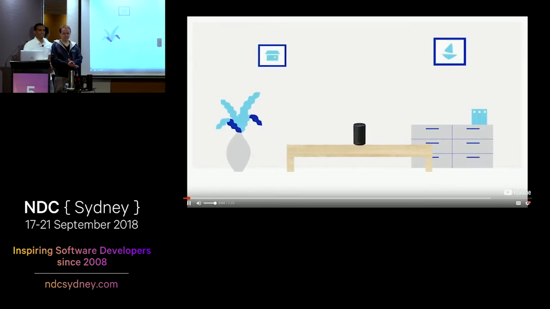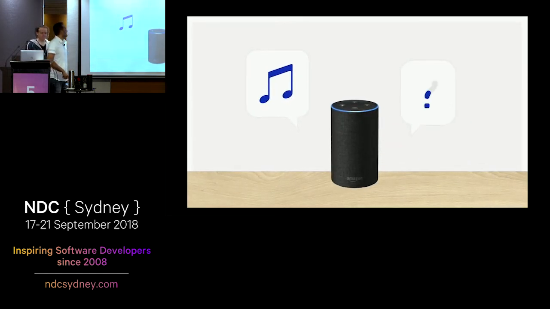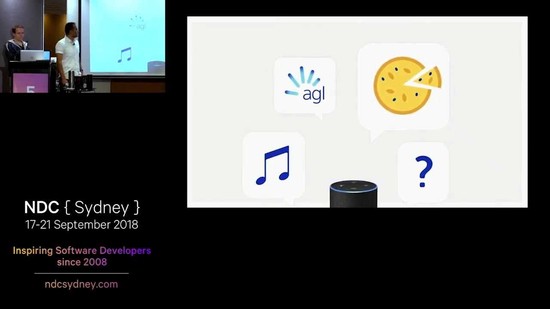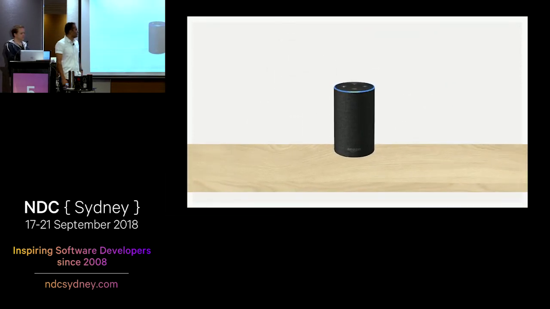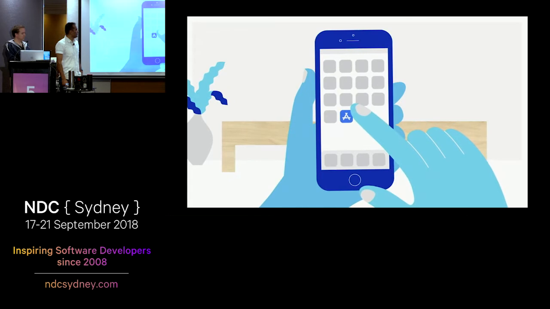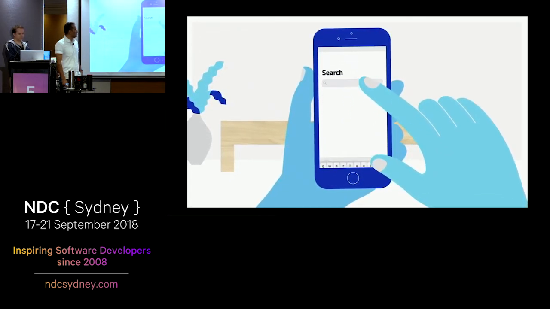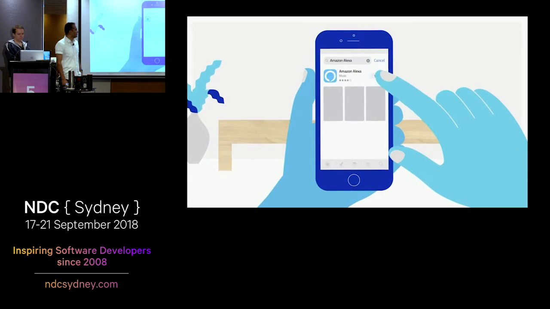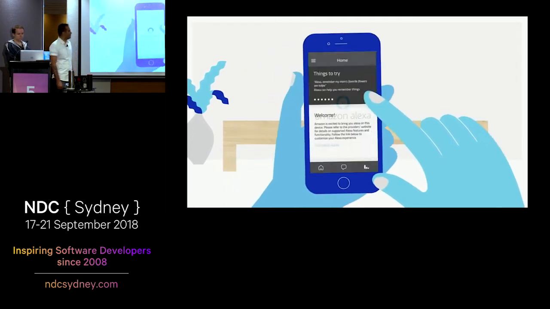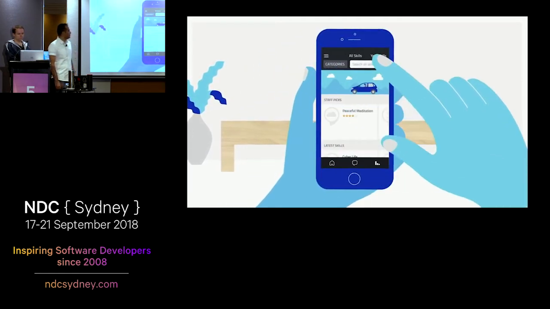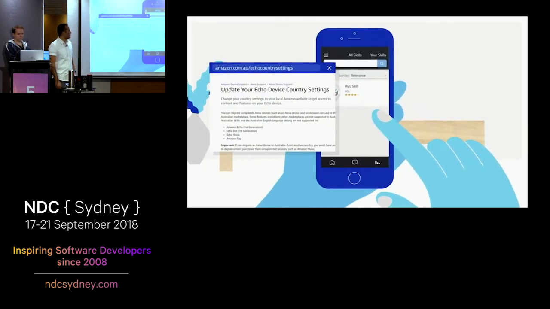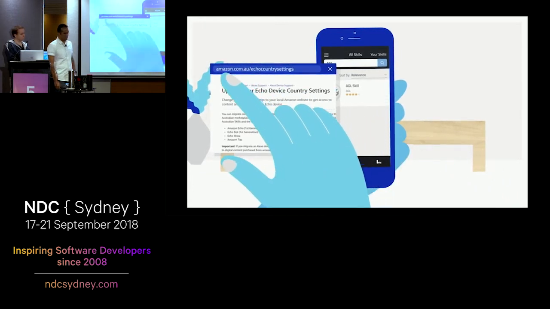Amazon Alexa is the voice-controlled service that allows you to play music, ask questions, order a pizza, and now get updates on your AGL energy account. All you have to do is ask. Here's how to get your AGL skill up and running with your Amazon Alexa enabled device. Go to the App Store or Play Store on your mobile device, search for Amazon Alexa and download the app. Once you've set up your Amazon Echo, open the Alexa app. Go to the skill page and type AGL into the search bar. If AGL is not showing, you may need to update your country settings for your Amazon Australia account. Find out how at